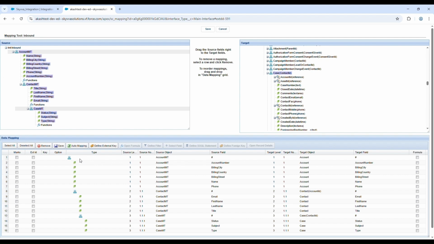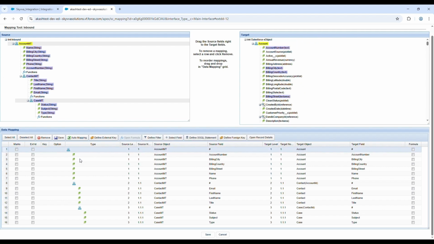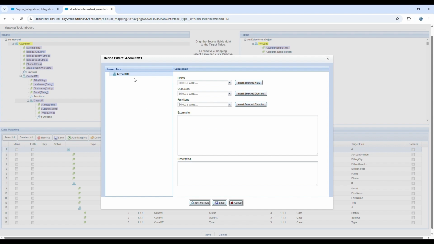For example, let's take the account object. Click on Define Filter, and you'll see the filter setup for the account. Now we create an expression where if name equals testing003,